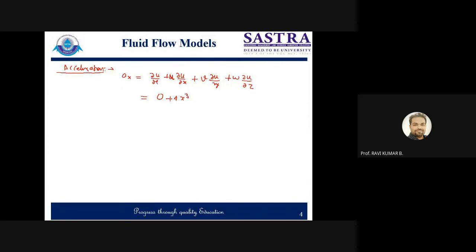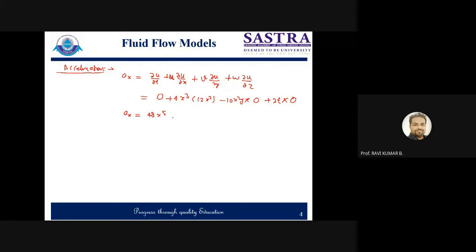then differentiation of u with respect to x will become 12 times x square, because you are just differentiating this, 12x square. Then put the value of y, that is 10x square y. So do we have y in this? No. So this term is also going to be zero. And for the last term, if you put w, there is no z in this, so it is also zero. So two terms are basically going to be zero. So we got ax is equal to 48 times x^5. So this is one thing.